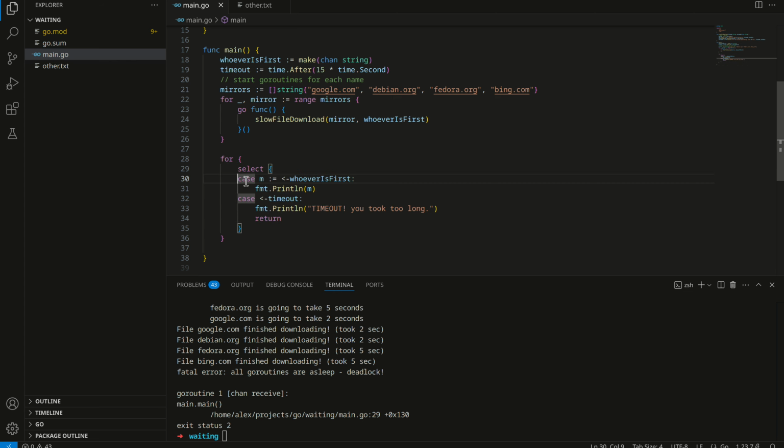If we get messages, they will simply get printed. But if we ever receive something from the timeout, which again can only happen after 15 total seconds, if we ever hit the timeout, we're just going to leave. And so now if we run this program,